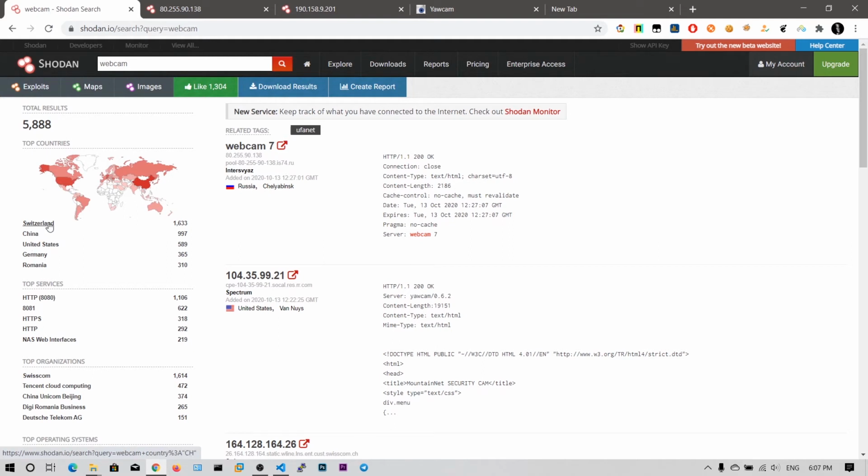See, there are 888 results, and in those results 1633 results belong to Switzerland and 997 to China and so on. You can click on this HTTP port 8080, then that filter will be applied here.